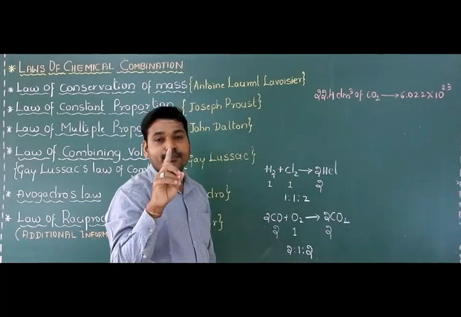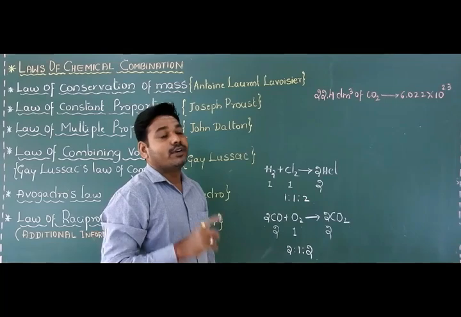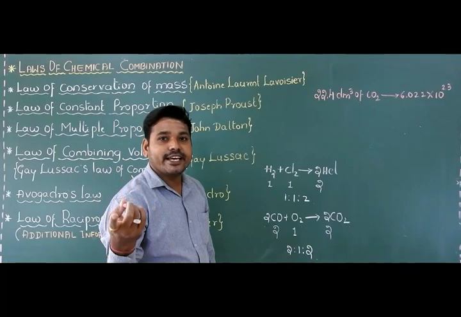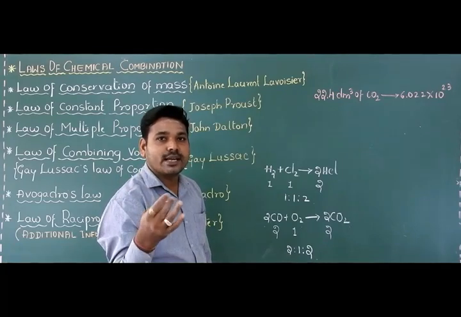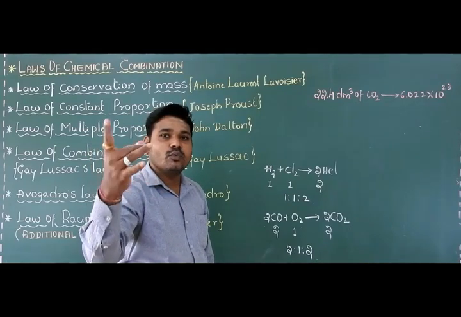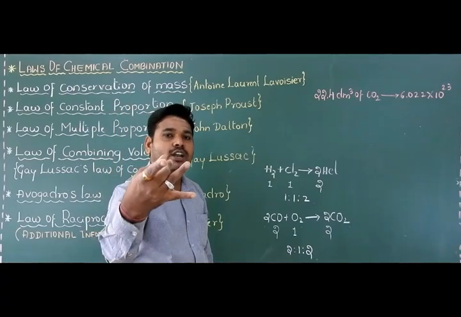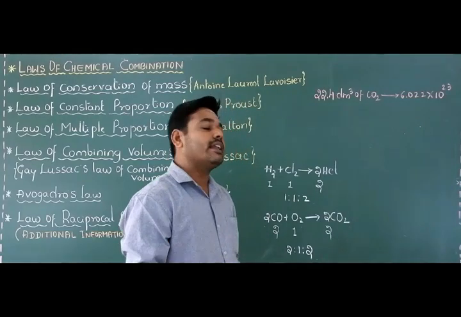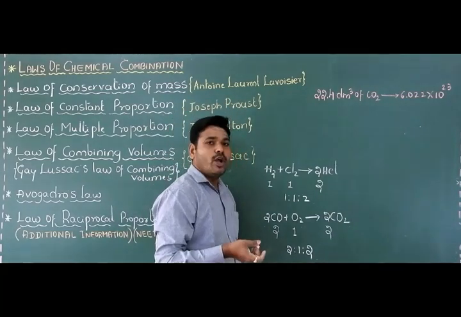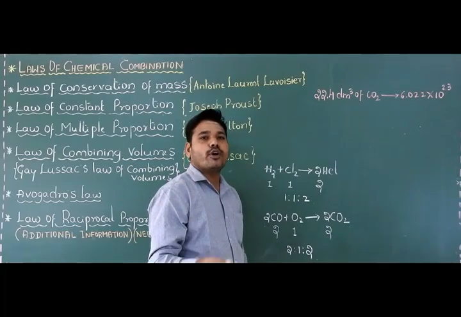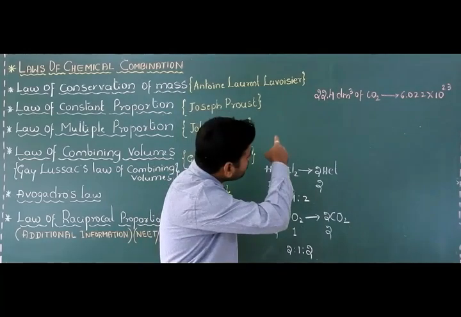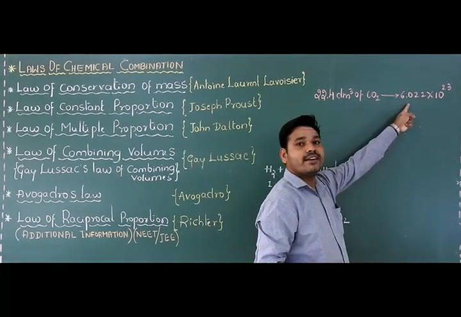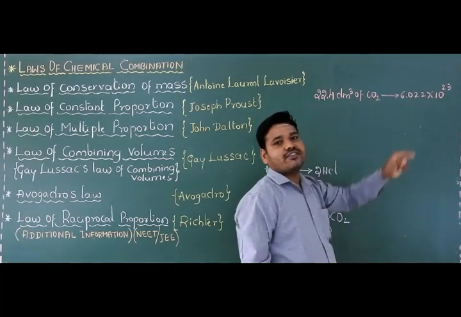Listen to this example carefully. Look, 22.4 dm cube of carbon dioxide. You please recall the volume concept. 1 dm cube is nothing but 1000 centimeter cube, or 1 dm cube is nothing but 1 liter. Either you can write it as 22.4 dm cube or you can write it as 22.4 liter. So this much volume of carbon dioxide contains these many particles under the similar conditions of temperature and